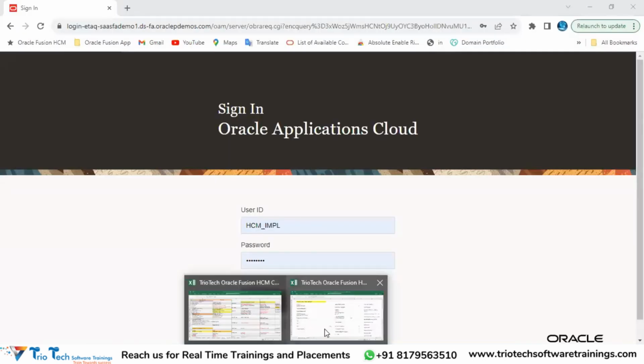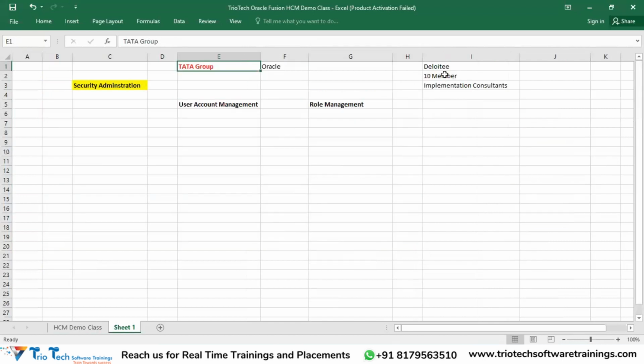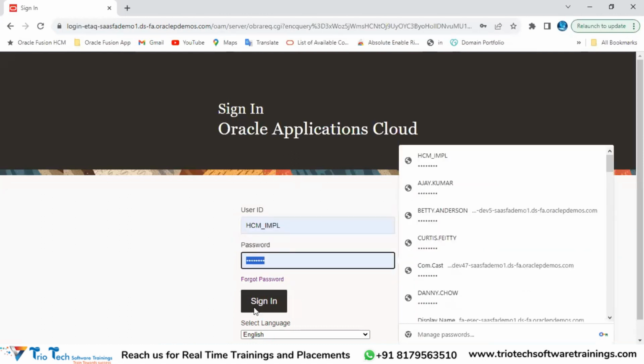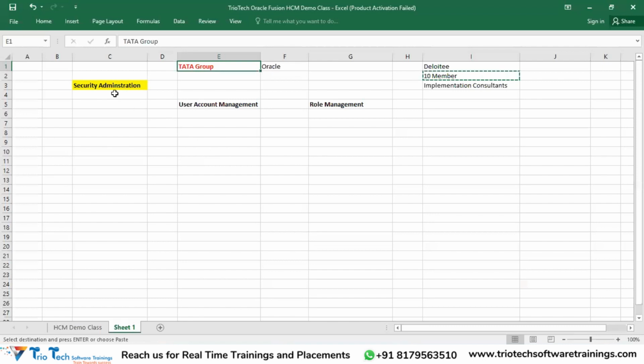So who will be giving the access to the application team? All of our 10 members require application access to Tata Group because we have to start working in the application. We have to configure all the modules of our client, like core HR, absence, payroll, talent, whatever modules the client is going to use. So we will require access to the application. How will the access be given to our 10 members? How will the user IDs and passwords be created, team? For that reason,